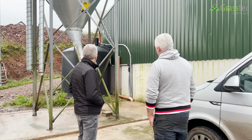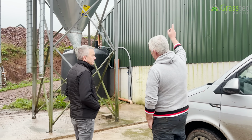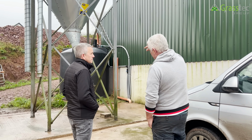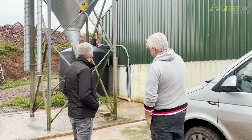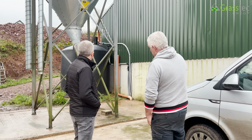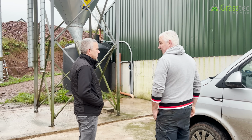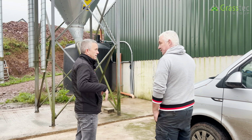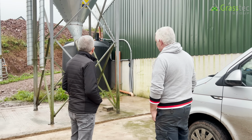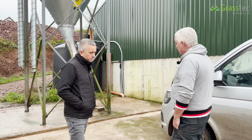There's a filter as well, is there? There's a swirler filter on top of it, because the most common problem is leaves coming down and blocking the pumps. So we got a swirler filter off one of the pump companies, and it catches all the leaves and throws them out a waste pipe onto the ground. We find it very good. There's no manually cleaning it out. It was just something they were trying as well, so when they heard I was at it...